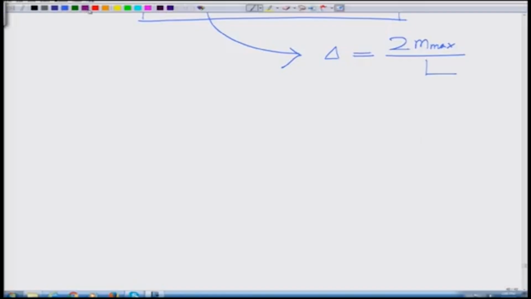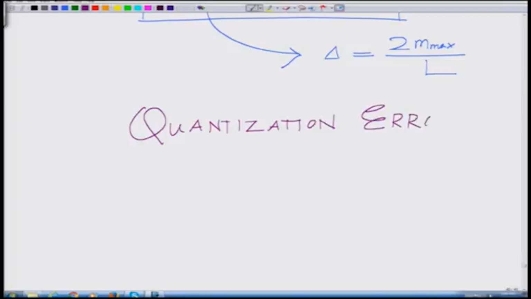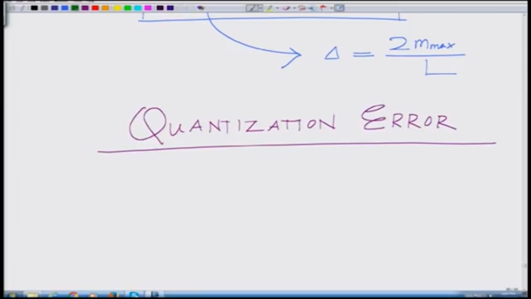Okay. Now, let us look at the notion of quantization error. And this is a very important metric which determines the performance of the quantizer, which is the quantization error. So, we have said that all samples in a particular quantization interval are mapped to a particular quantization level, which is a many to one mapping, all right, which means there are several values which are mapped to an approximate quantization level. So, quantization is a many to one mapping